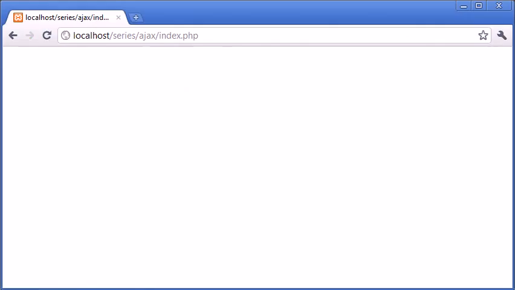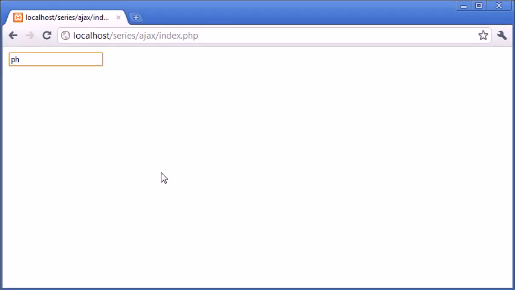Okay, so what's going to happen is we're going to start typing something into here. So we might start typing PHP. Now, as we type P, it's going to get the value of this text box, which is equal to P at the moment, and it's going to search a database for the most popular searches that start with P. Then we type PH, and it's going to re-update itself without